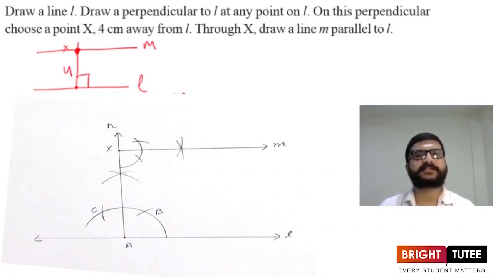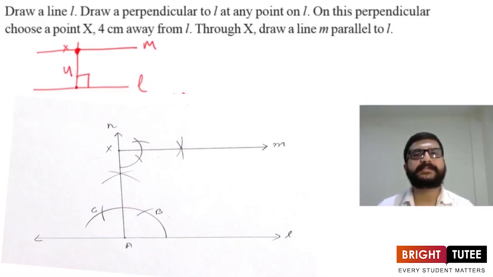Now we have to write the steps of construction also. So whatever we have done here, we'll keep writing all these things in steps of construction side by side. The first thing we have done here is, first we have taken any line L and we have chosen a point A on that line. So this will be the first step of construction. Then at point A, we have to draw a perpendicular to line L. This will be the second step, and then make an arc of 4 cm with A as a center, intersecting the perpendicular we have drawn. That will give us point X. So here we got point X.